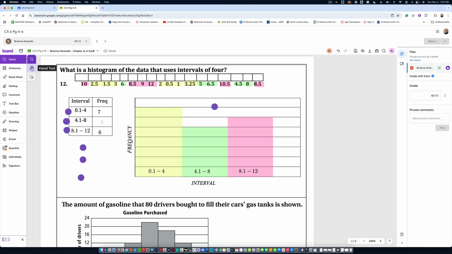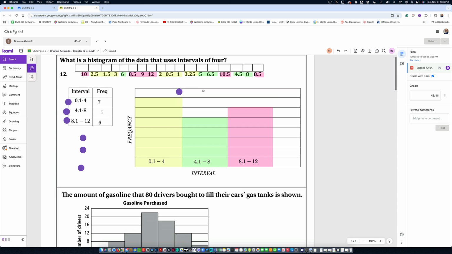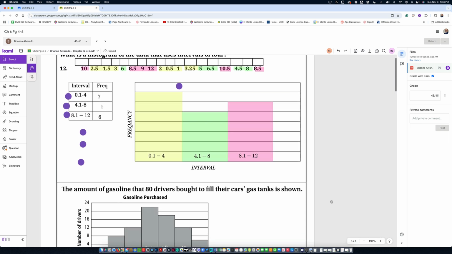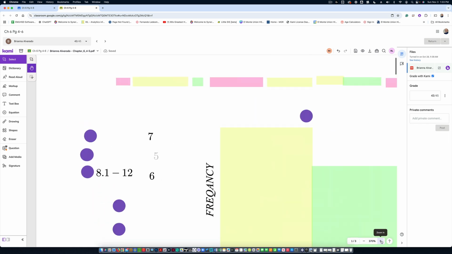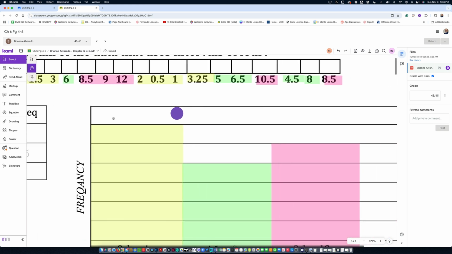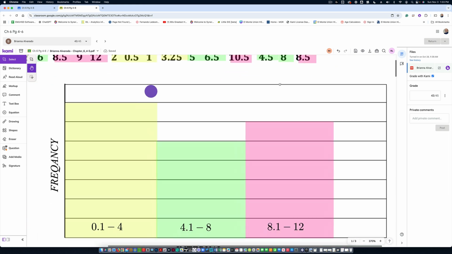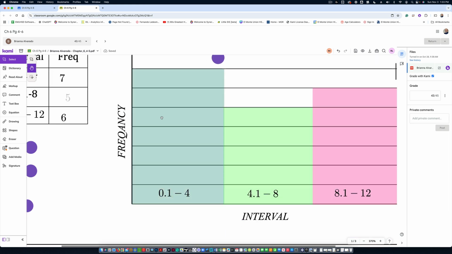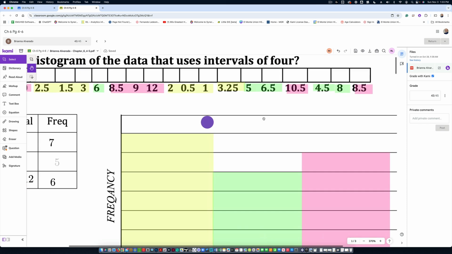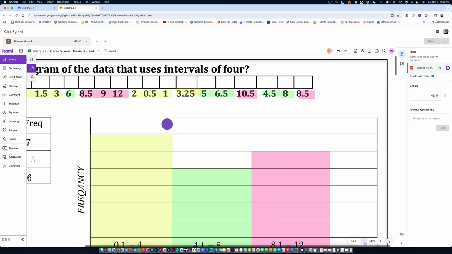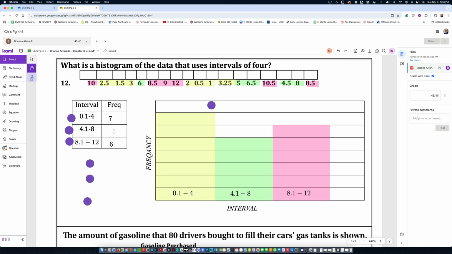The hand tool, you can actually select an annotation with it, although this is not its primary function. It's designed to move the pages around. So if I zoom in, I can now move left to right, up and down, kind of like I'm pushing and sliding a piece of paper in my hand. So I'm going to zoom back out a little bit, and I'm going to go to the next tool,